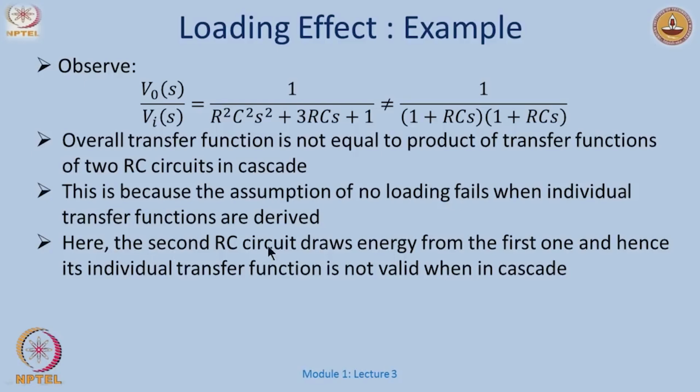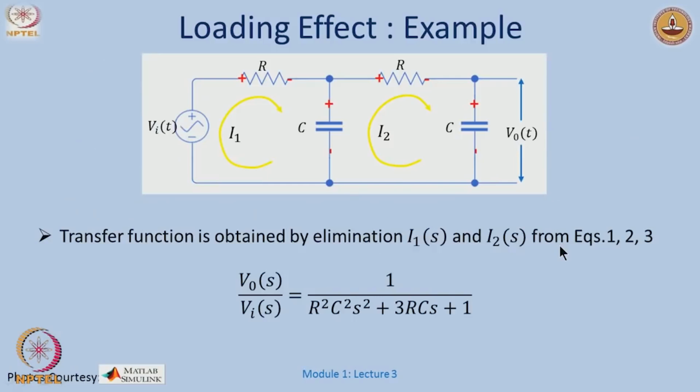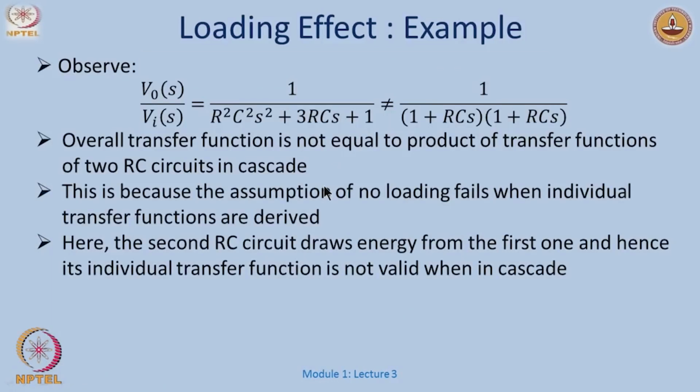Okay. How does it fail? The second RC circuit draws energy from this component here. This is where my output is measured for the first one, from here till here. So, this circuit draws energy from the first one, and hence its individual transfer function is not valid when it